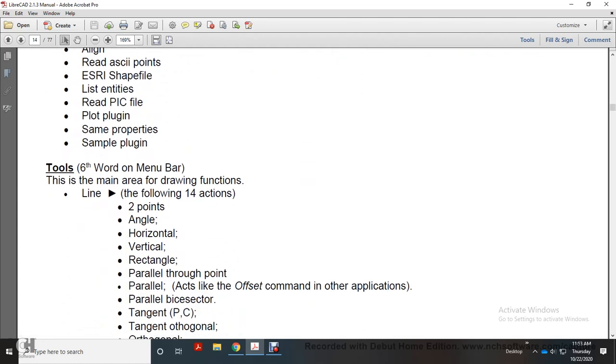This lists the menu area. This is the main area for your drawing functions. You have line, with the following 14 sections: 2 points, angle, horizontal, vertical, rectangle, parallel through point, parallel, which acts like an offset command in other applications, parallel bisector, tangent P and C,